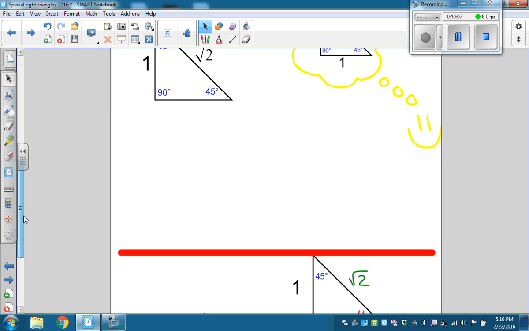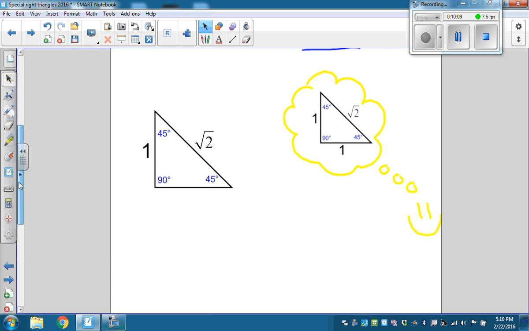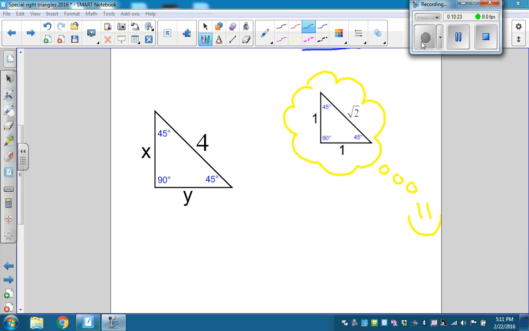Let me clean this up for a minute. Okay, so if you have to find x and y in this triangle,